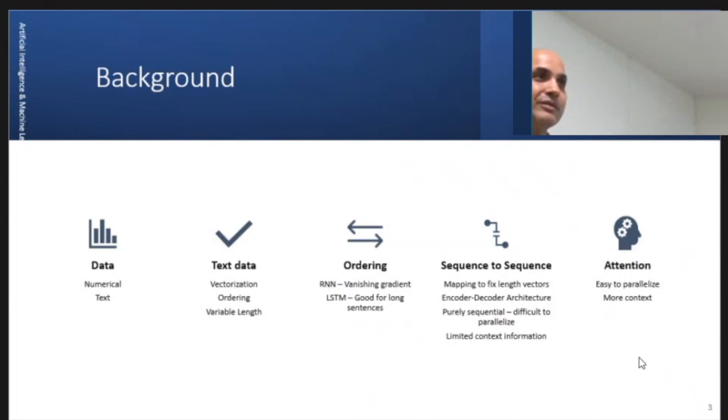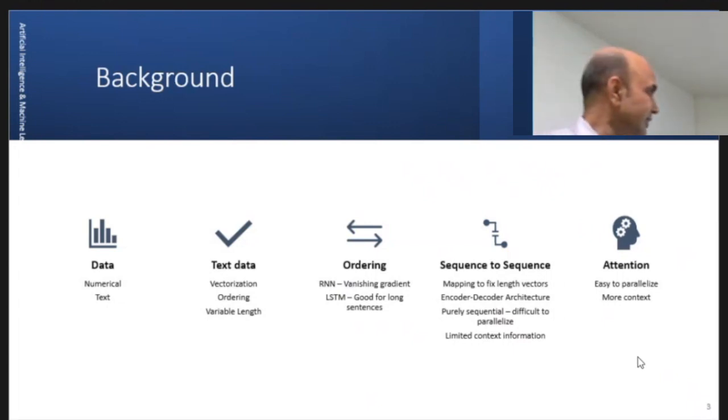So the sequence to sequence model still had this issue of not having very long memory. If you have a long sentence or a paragraph, the context window was a bit small. Many of you are using Chat GPT, and there is an option called in-context learning, where, apart from asking your question, you can provide some context also, and there is some fixed size for that. So bigger contexts are always expensive. That one should keep in mind. So this is the background I have made. We started from data and we have arrived at attention.